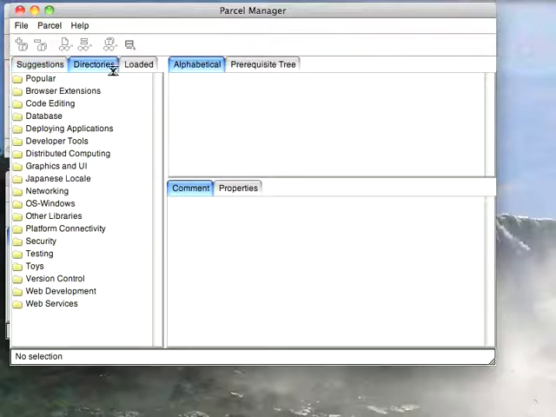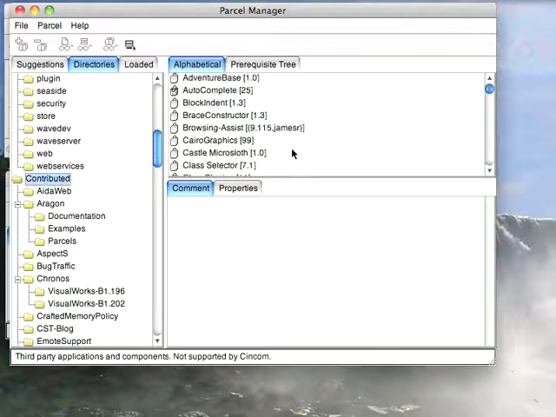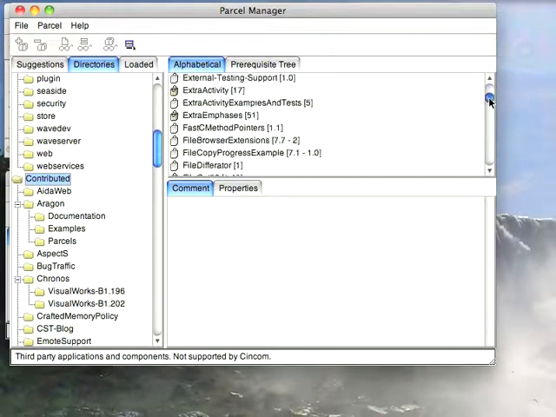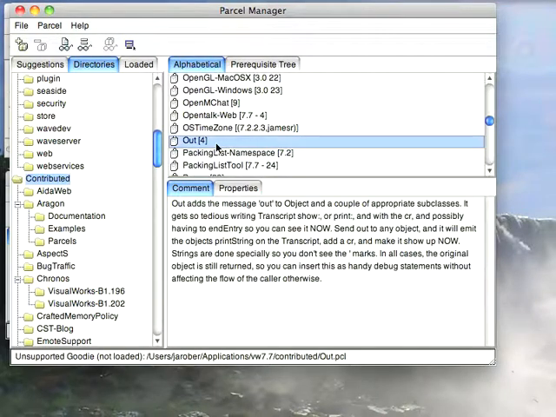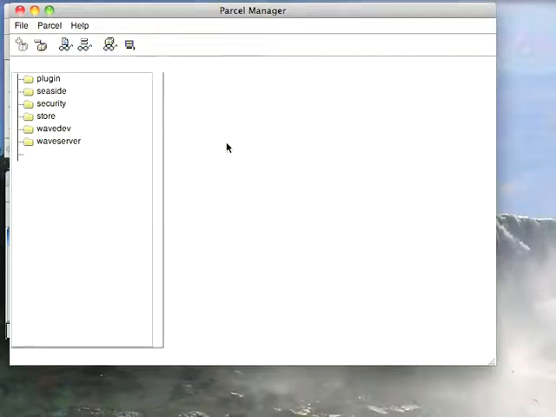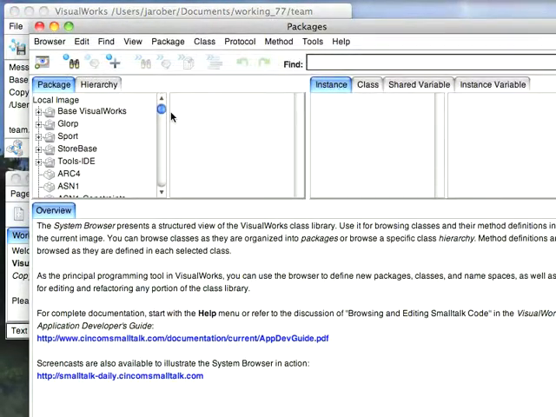If you go to the Directories tab, and you scroll down to Contributed, you'll find about halfway down in the O's, there is a little package called out. And if you load this, it's actually pretty basic. All it does is it adds two messages to objects. Let's go into the browser and see. It adds,